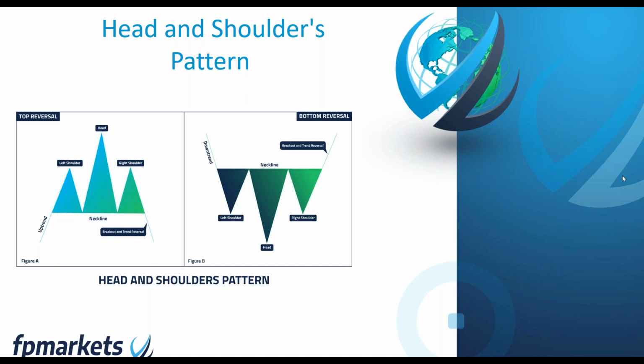For top formations, it's best to see the neckline either in an ascending position or a horizontal position. While for an inverted example, I would always look for a horizontal line joined from the peaks that surround the head, or a descending version. Why that is, you will hopefully see now.